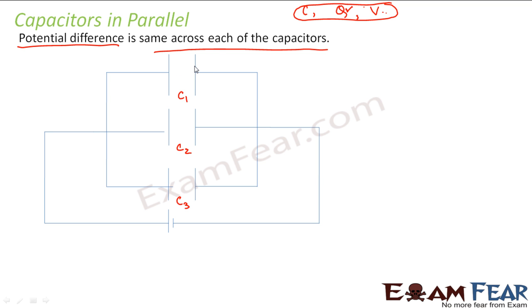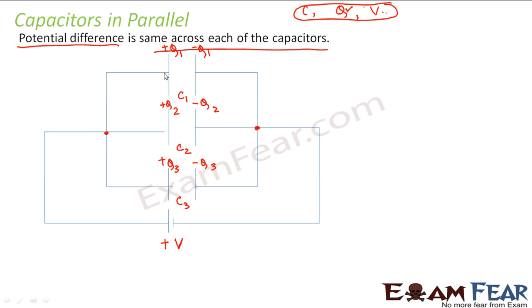Now the point here is that the potential difference across each of them is the same. Let us suppose they all have plus Q, because they are all connected with the positive of this battery, and they all have minus Q on the other plates. But the charge on all of them is different. If this has Q1, this will have Q2, this will again have Q3. But the potential difference, if you look at it, is very obvious, right? Let us suppose this is V. So if this is V, what is the potential difference between these 2 points? The potential difference between these 2 points is also V.